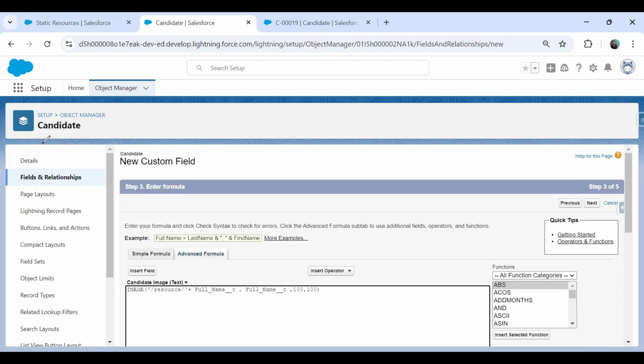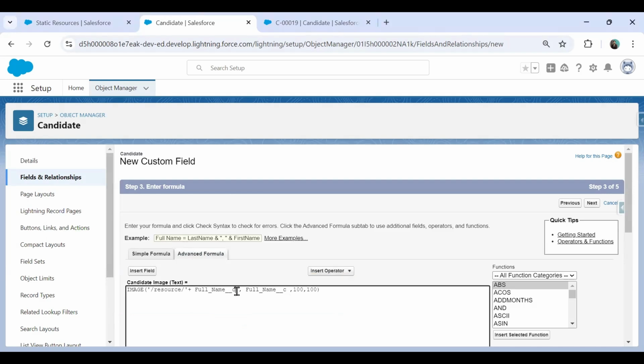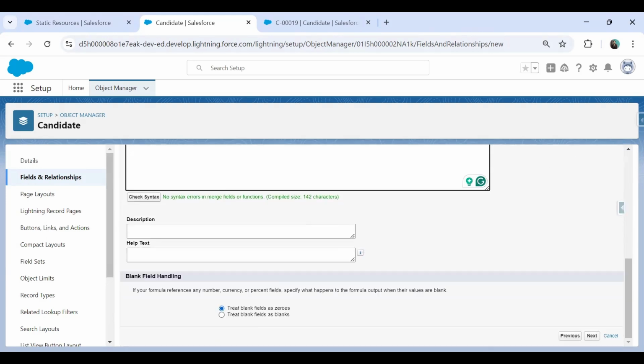It's correct. So here is the formula, and don't forget what formula we need to write. You need to write this formula: resource slash full name, and that's a field name. That's the file name actually, of the resource we have uploaded, and in case the image is not visible, then it will display the full name. Next,